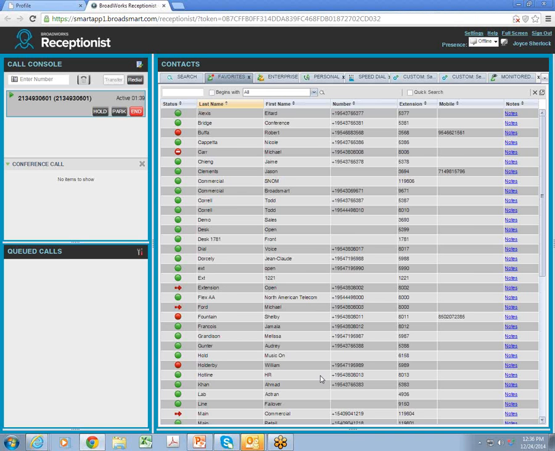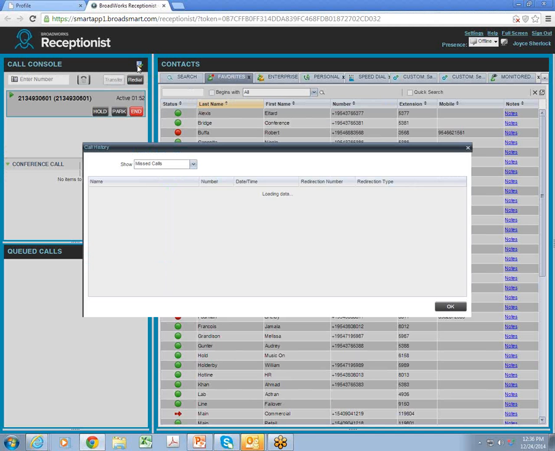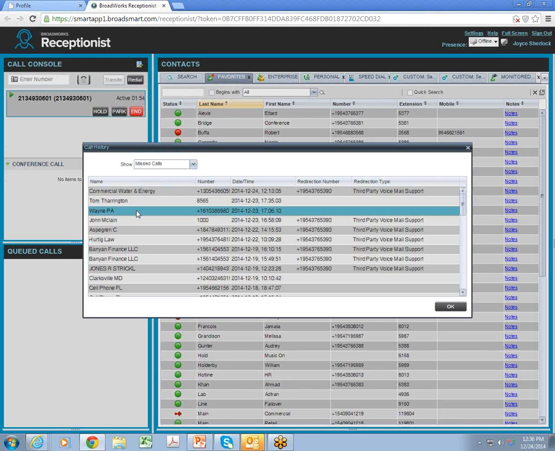So just going over a few of the sections and the functionality of the Receptionist Console so you understand what you've been offered. Starting on the left side, you'll see your call console. The first icon you'll see is your call history. So for the Receptionist Console, if you click on this, it'll actually pop a window open for you